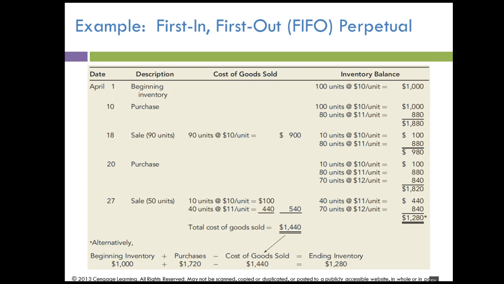So we see what we have left in our inventory on April 10th. We've got 10 units left at $10 a unit. We have 80 units left at $11 a unit. So then when we go and sell 90 units on April 18th, we're going to basically get rid of the rest of our inventory. We've got 10 units from